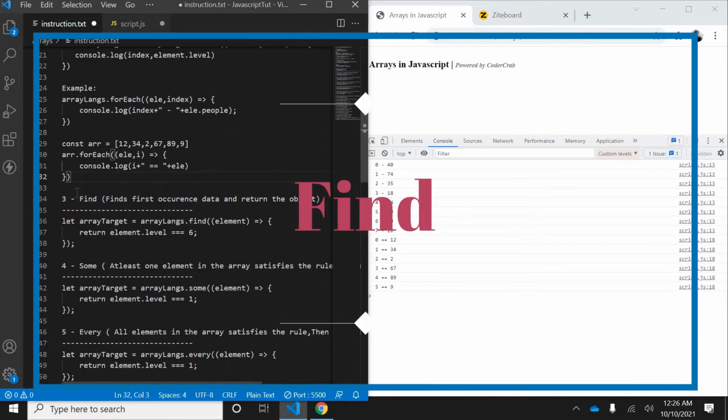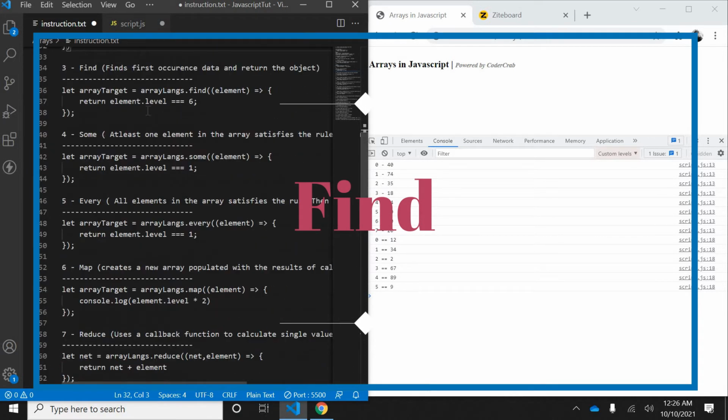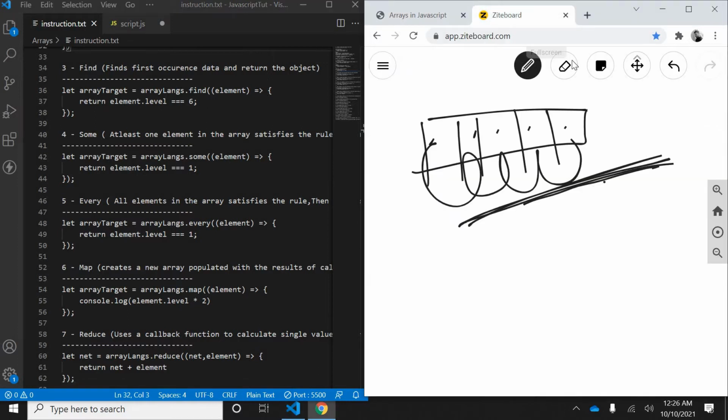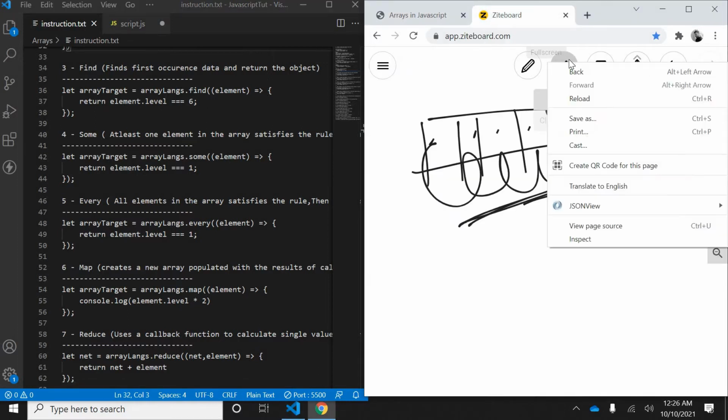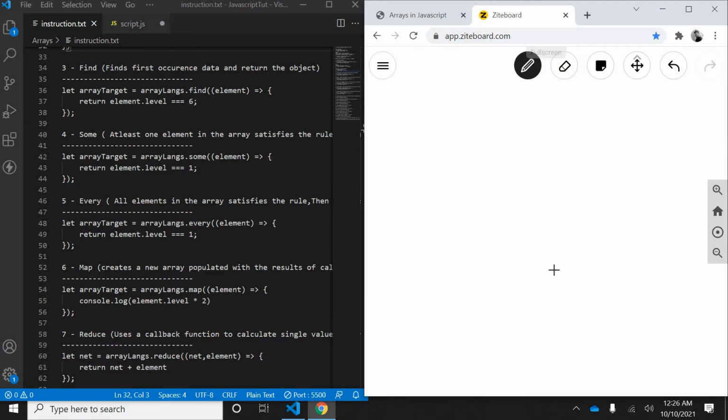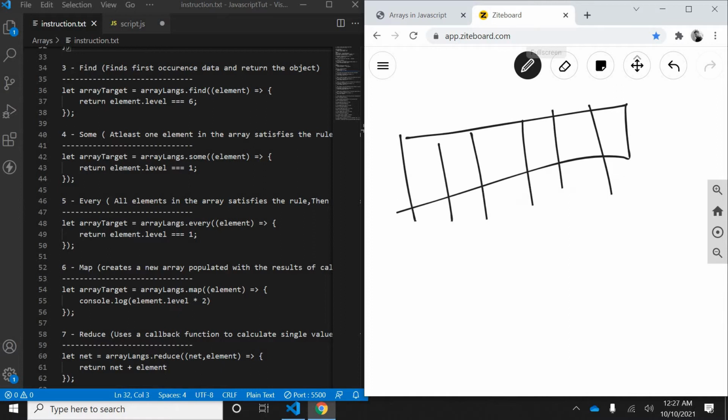The next one is find. So what is find? You have an array, and in this array you are storing some data in each cell, 1 2 3 4 5, maybe a JSON object or any data or a single number.